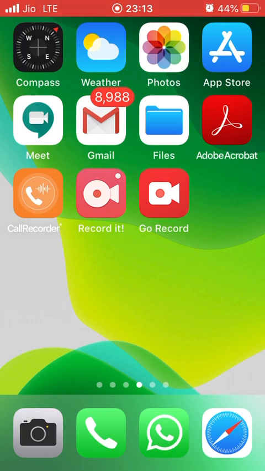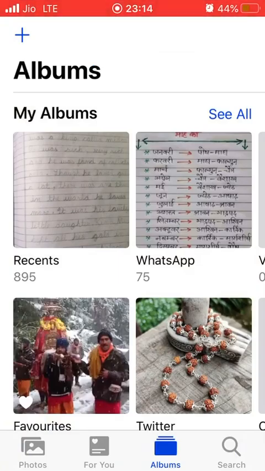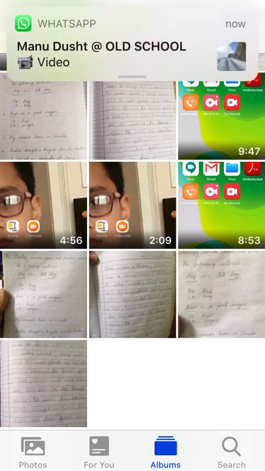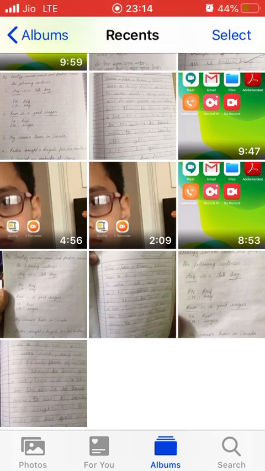Now in case of iOS, these files are saved directly onto the photos folder. Now this is the photos folder. In case of the photos app in iOS, it doesn't have the facility to rename, so we need to move these files to a folder, or you can say an app, by the name of Files, which has the facility to rename these files.